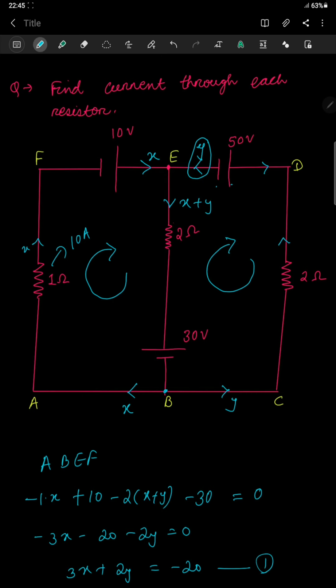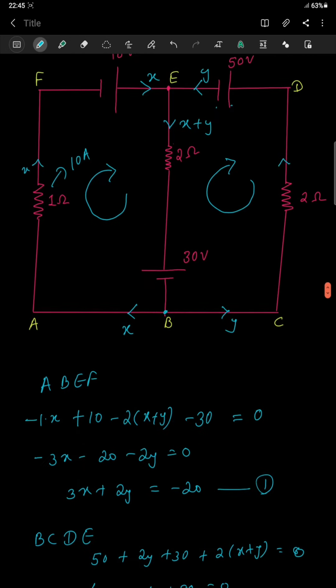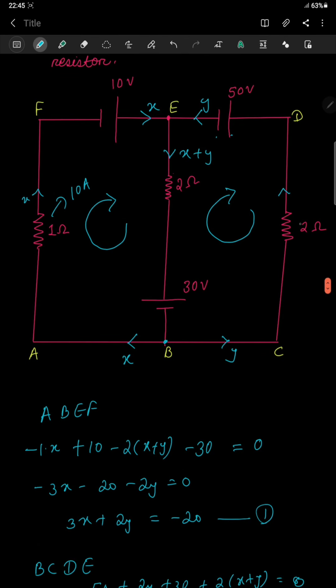Accordingly, your x plus y will change. So in getting into such kind of complications, it is better that you mention here that since y is negative, what does this negative sign indicate? This negative sign indicates that the direction we have chosen has to be changed, particularly for the y direction. The x direction is okay because it is positive, right? Again, y is minus 25 means what? That means across this 2 ohm you will have a current of 25 amperes. Okay, then only one more resistor is left in the middle, that is 2 ohm here.